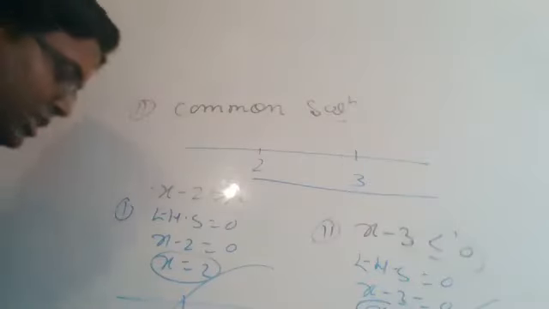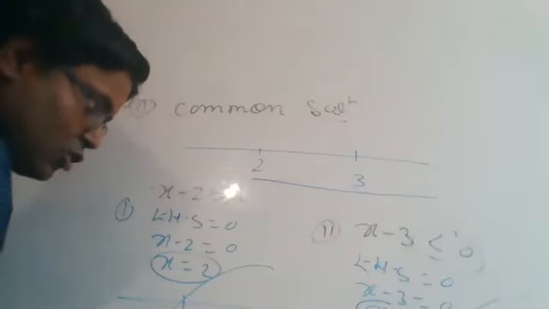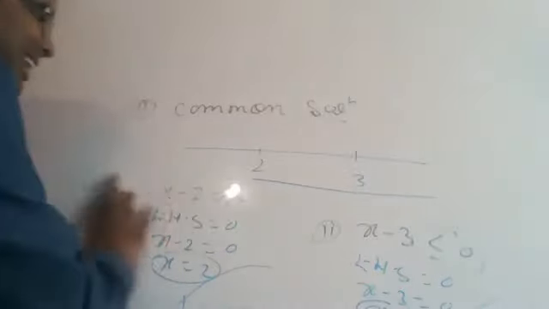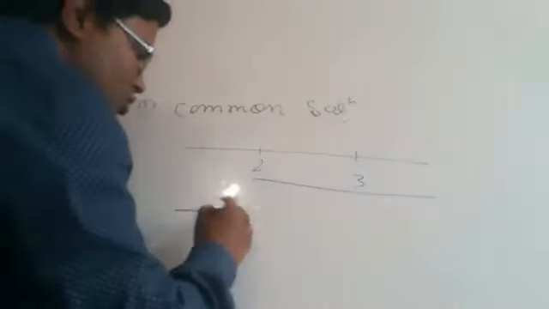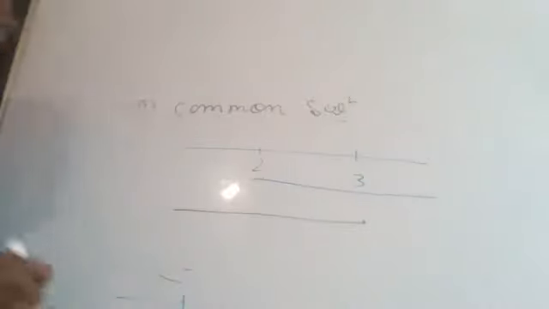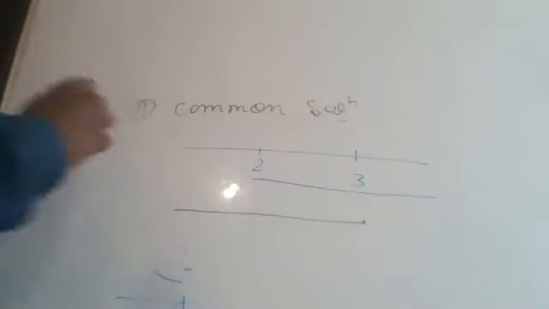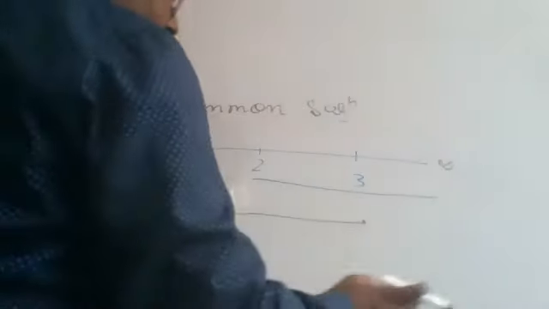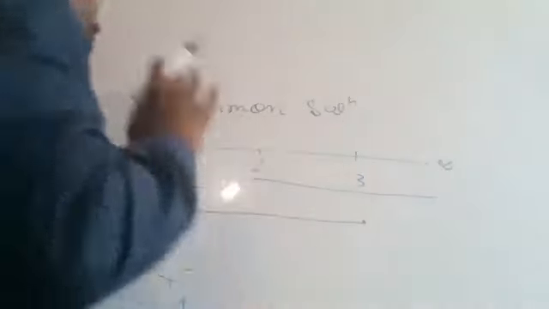Just see. We have to draw a single line for the first solution, and after that we have to draw the other line for the second solution. What is the second solution? Minus infinity to what do we draw? 3. So we have to draw a line from minus infinity to 3. Just see now. So this was the number line on which we have to put all the values of x obtained from the first and second, onto the same, common number line.